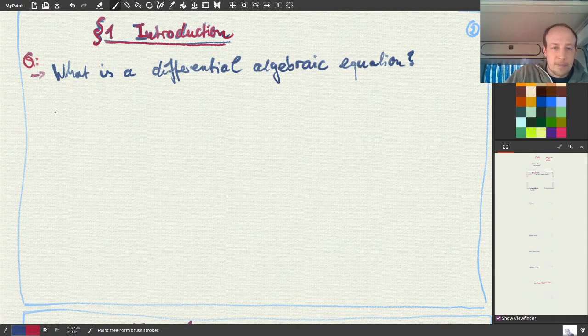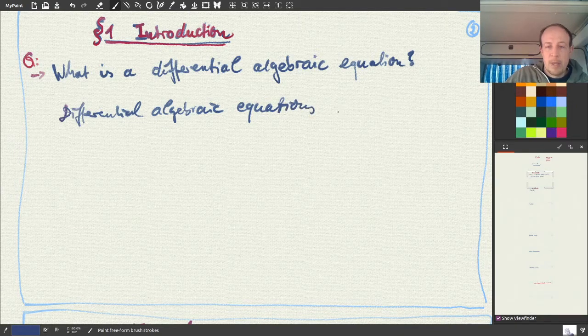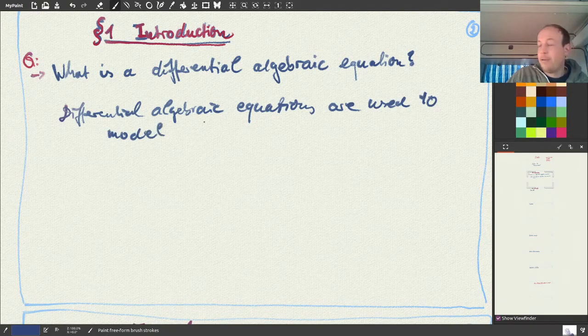So differential algebraic equations are used to model. They are very powerful for modeling things by means of mathematical equations, to model important dynamical